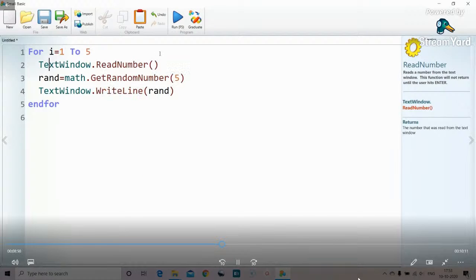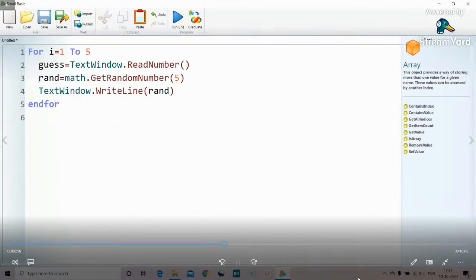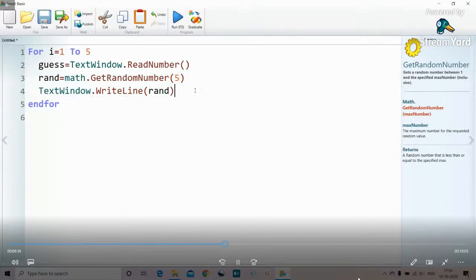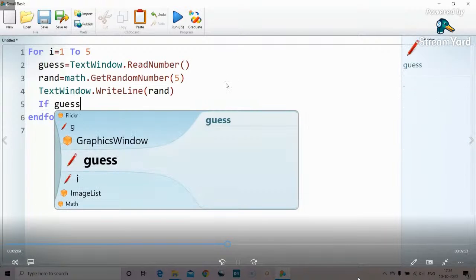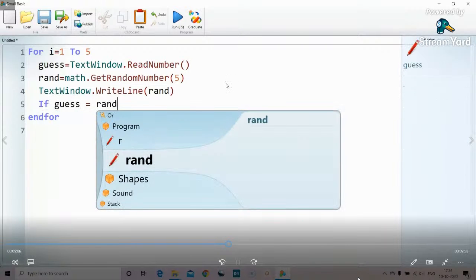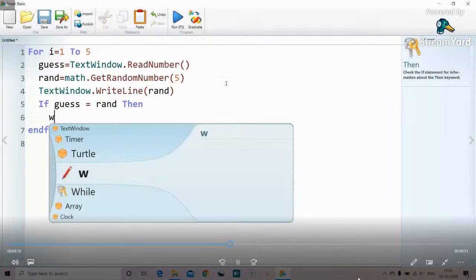So let us put one. Let us read one number and put it in guess, and then this number gets generated, right? So then let us compare. If guess equal to rand, then